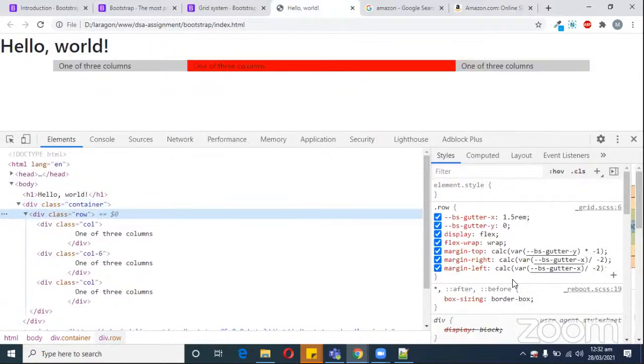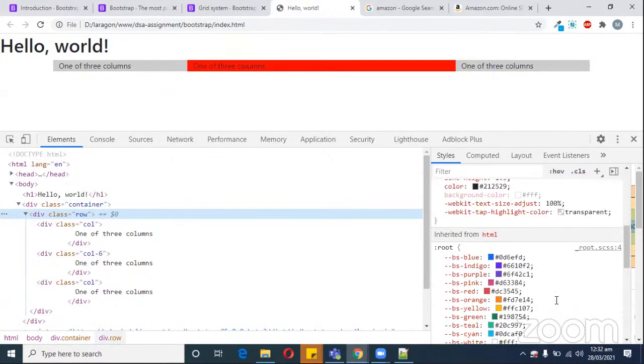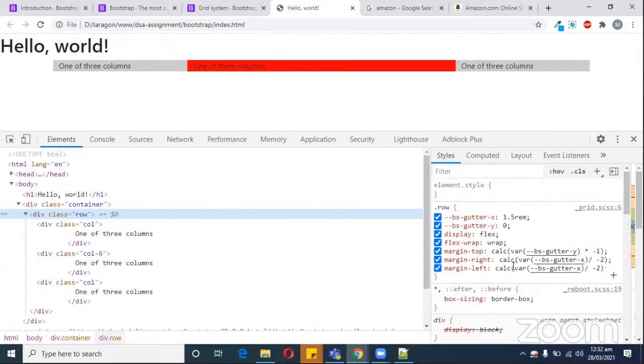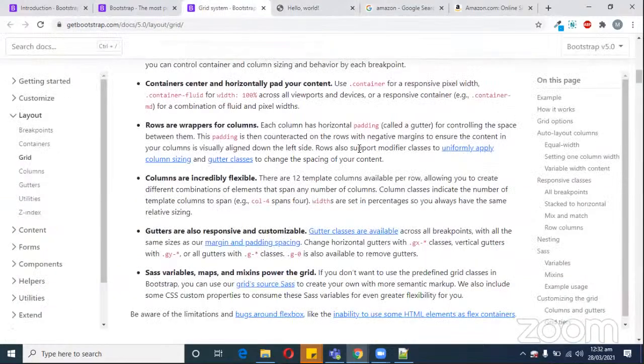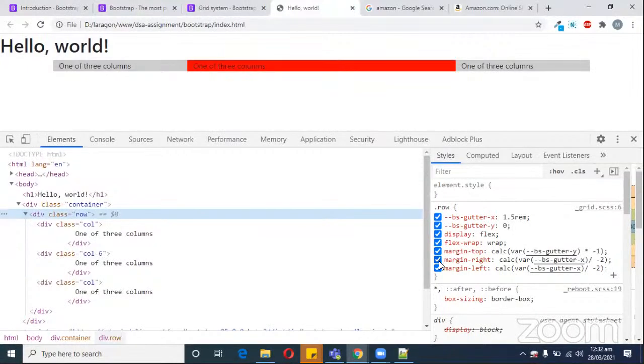So you can see, row carries the gutter, as we just read over here. So what is the use of row? Row is used to manage the space from the left hand side and from the right hand side. So if you just uncheck this, you can see